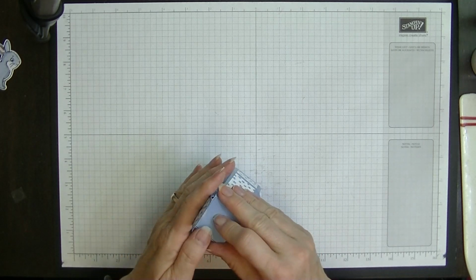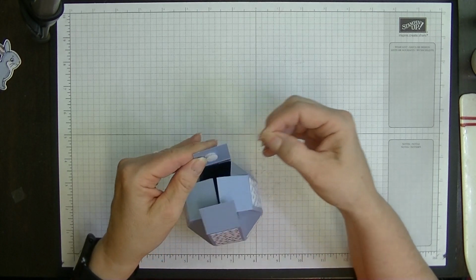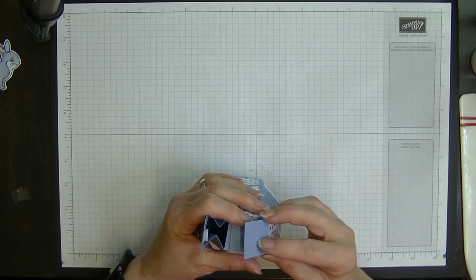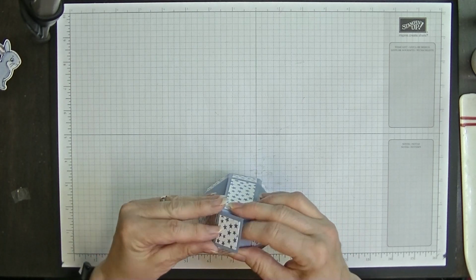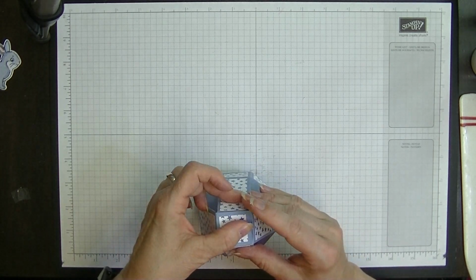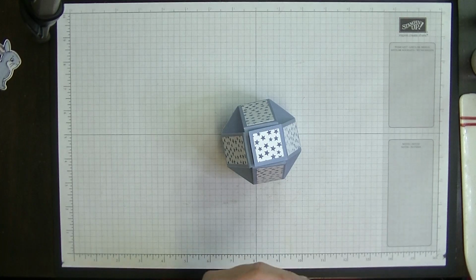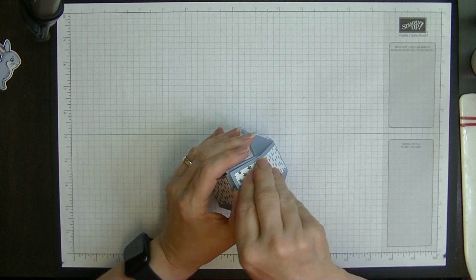I'm going to bring that one over, and I'm going to pull this piece off the top, other end. Let me put that in. So I'm going to bring those two in nicely, and bring this one in nicely so that they all line up. Bring this one across on top and push it down so that it seals. Once that's sealed, and you could use square ones, but I don't have any square ones,